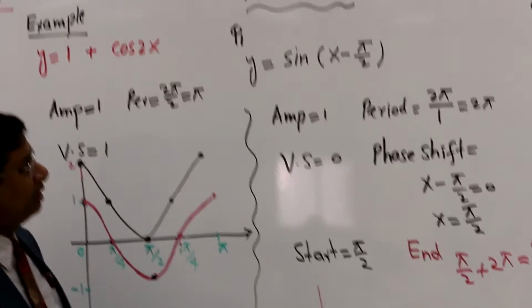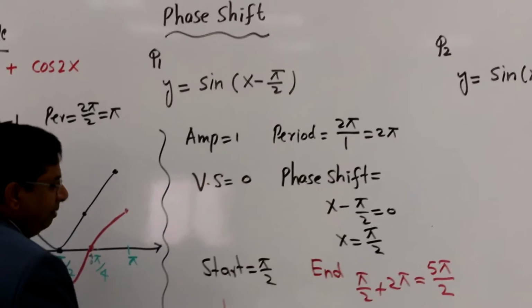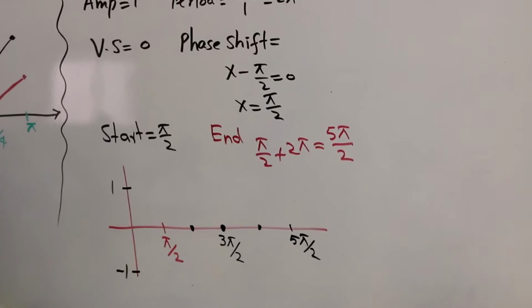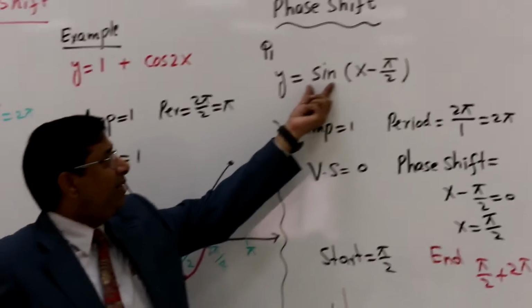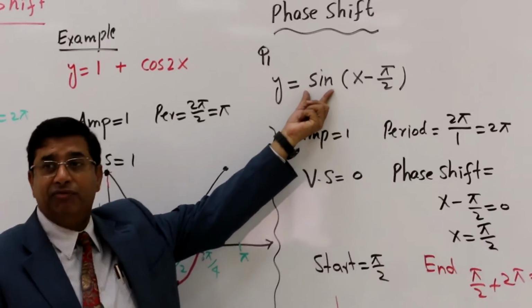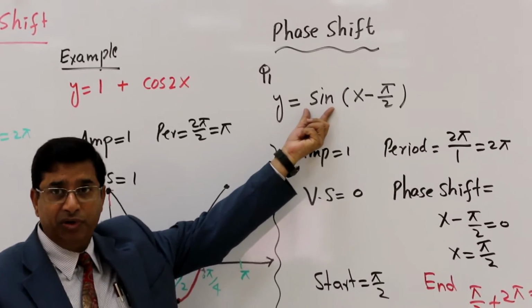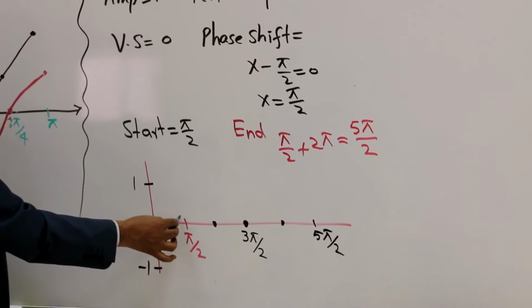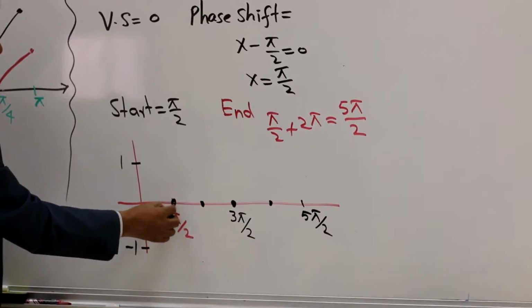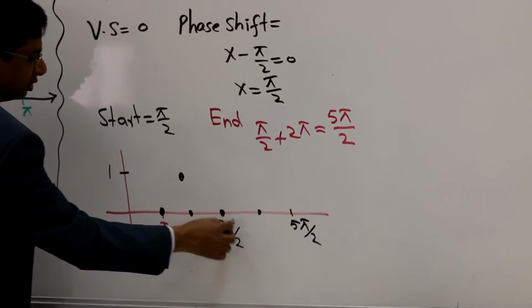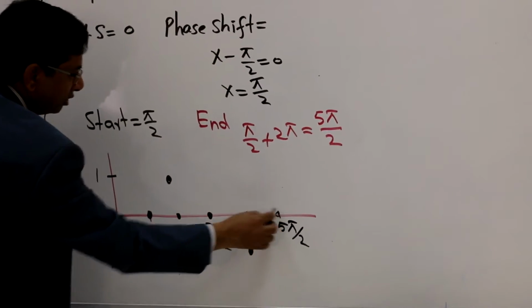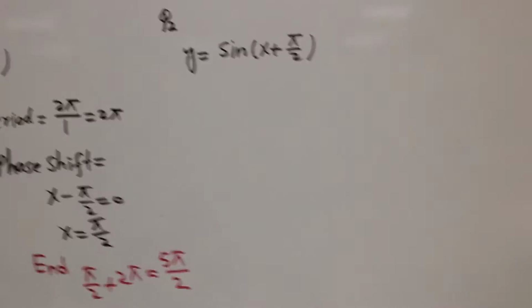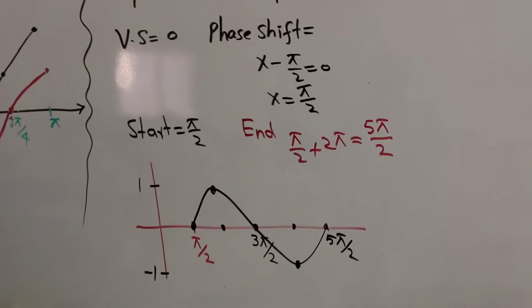Amplitude of this graph is 1. We write 1 here and minus 1 over here. Now, what shape of the graph is? Shape is sine function. So sine function graph we know. We have marked the line and the graph is starting from here. So this is sine. It will start when this will be 0. This is 1, 0, negative 1 and 0. And you join these points and this is the graph for sine of x minus pi over 2.